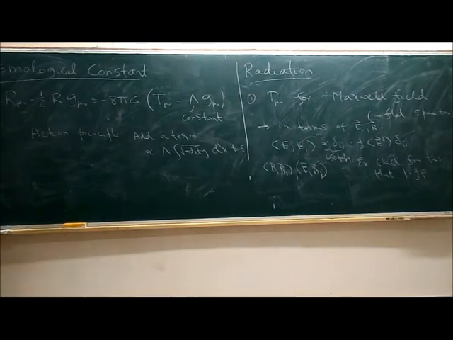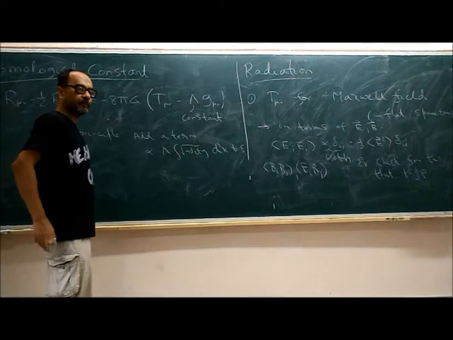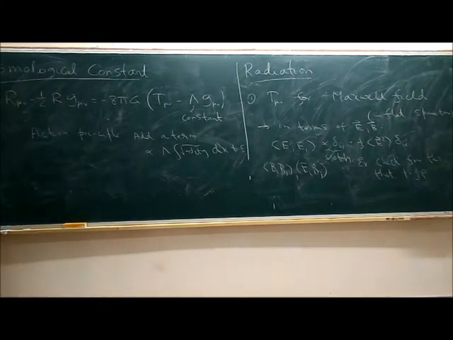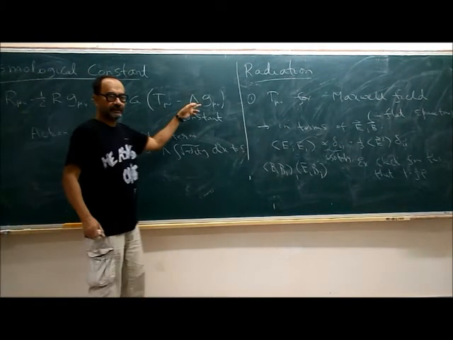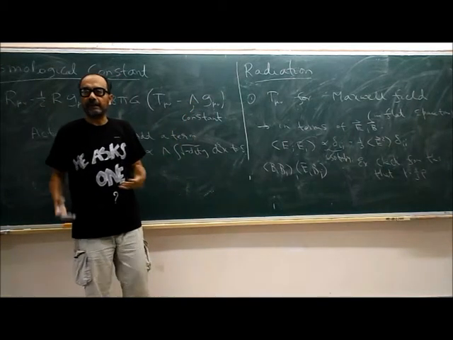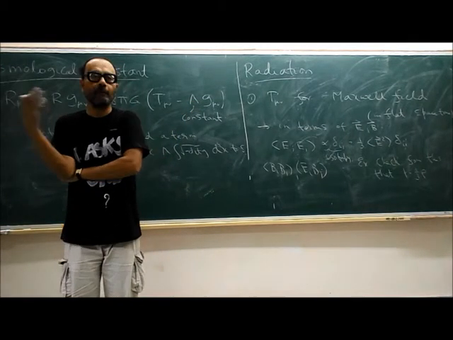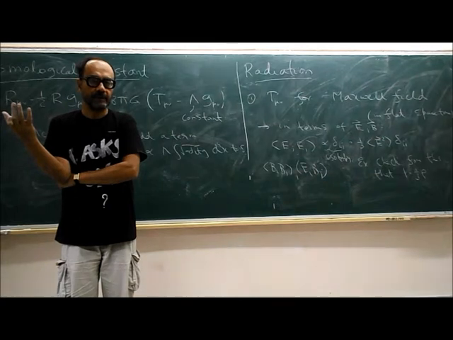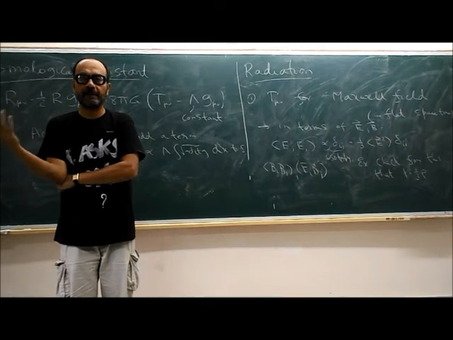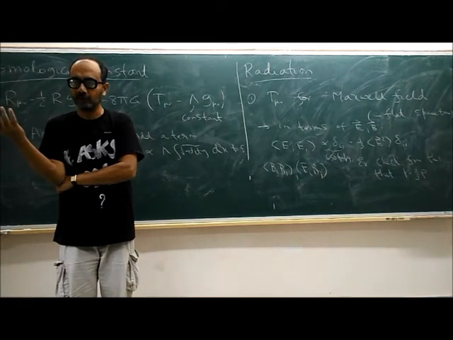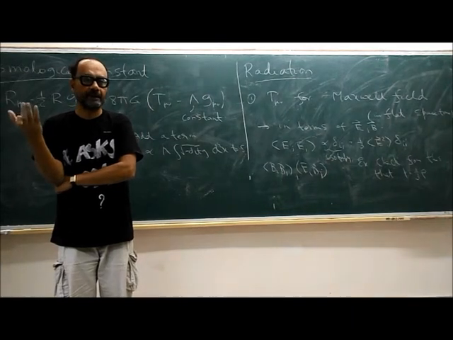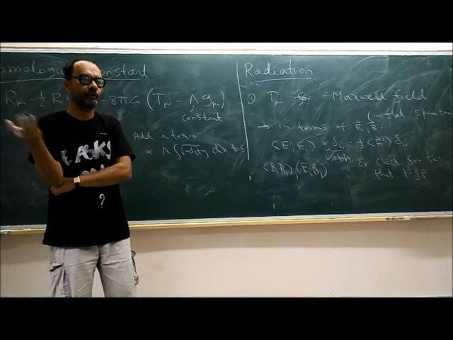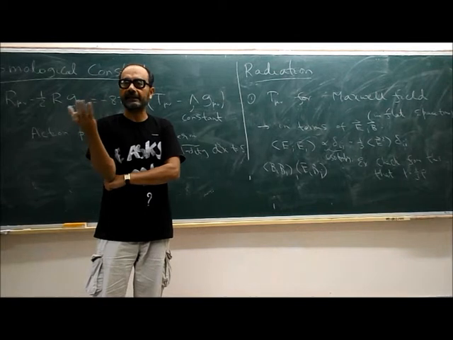But a more modern perspective, which of course also encompasses the original viewpoint, is that this lambda could be dynamical. It could actually be a field, or some combination of fields, which may have its own dynamics. Lambda itself may have its own equation of motion. Or lambda may be some phi squared: if phi is a scalar field, lambda could be phi squared. So if phi is non-zero, then there will be a non-zero lambda.